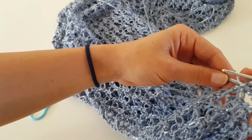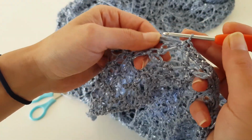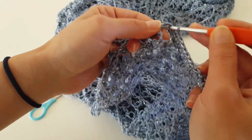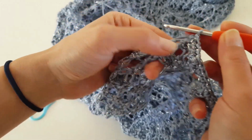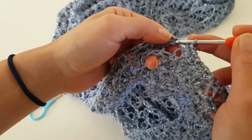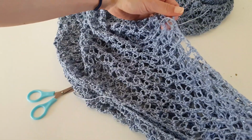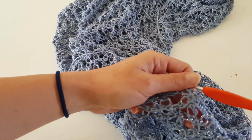If your tension is not that loose and you are working tighter, then you'll have to make 4 single crochet. So again, around 1 loop, I made 2 single crochets, and on the chain 4 I did 3 single crochet, and of course 1 single crochet into each knot that I had. And we will continue like this until we get to the valley of our v-neck, because there we will have to decrease to make a 3 single crochet decrease, just to keep that corner and that valley nice,